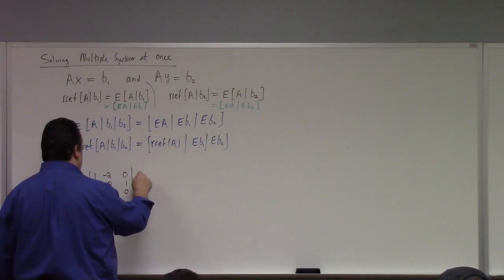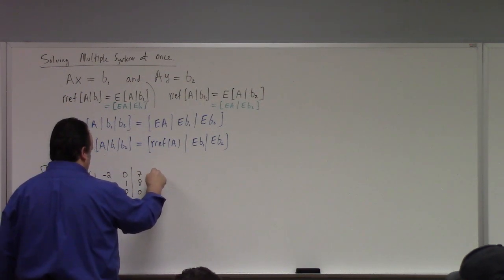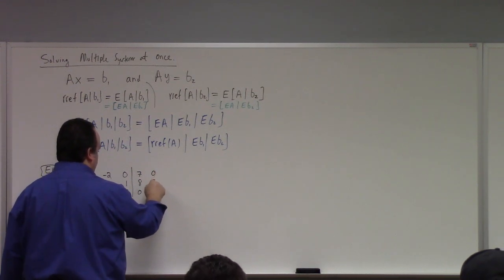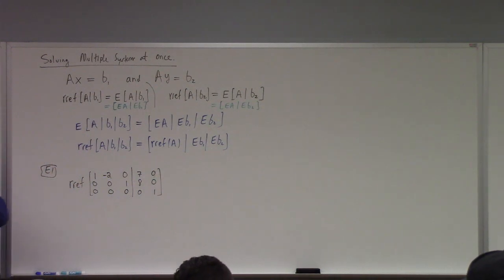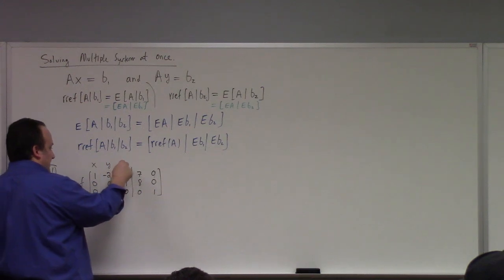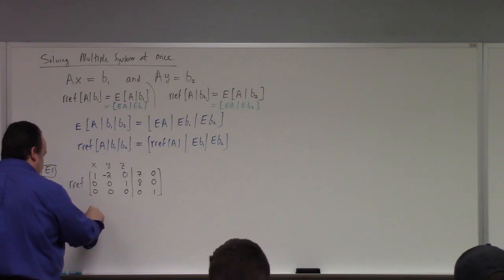And then I've got 7, 8, 0, and I've also got 0, 0, 1. Suppose that's the situation, right? From that one row reduction, I can read off solutions to two systems of equations, right? If this is x, and this is y, and this is z, I can tell you that, x minus 2y